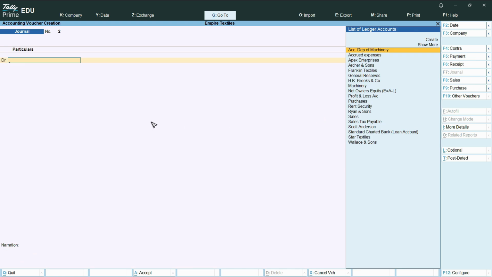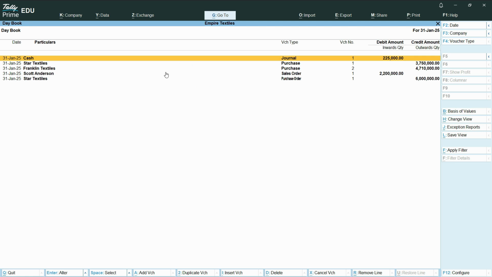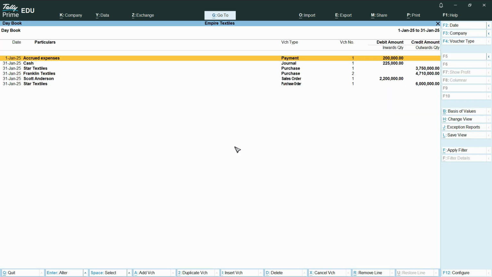Ctrl A to save. Now, if we want to locate all of these transactions that we have just entered, we can go to Gateway of Tally, and from Gateway of Tally, just go to Display More Reports and click on Daybook, and you should be able to see all your entries. If not, you can set the right time period by just clicking on the corner arrow next to date and set the period from, I'll set it to 1st of January till 31st of January, and it shows you all the transactions right here. So this is how you can book the journal entry